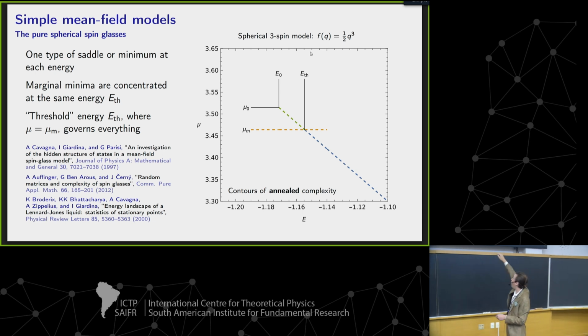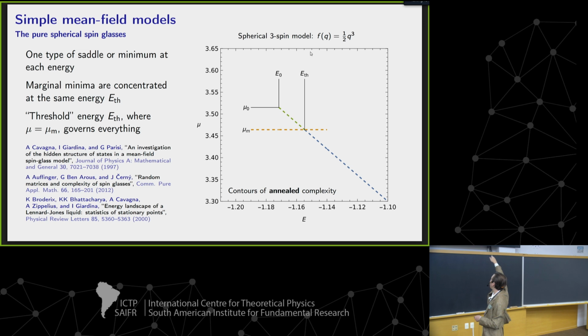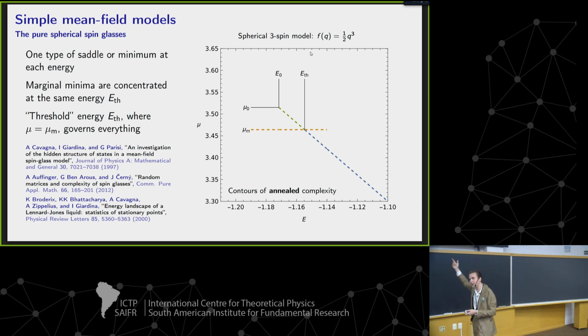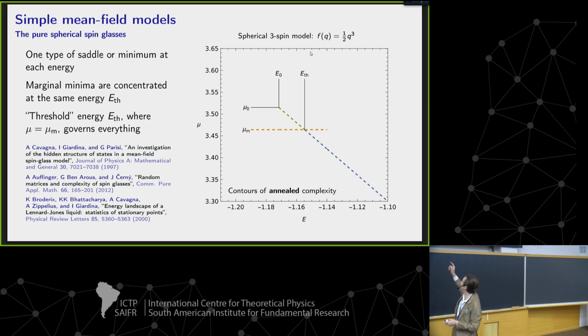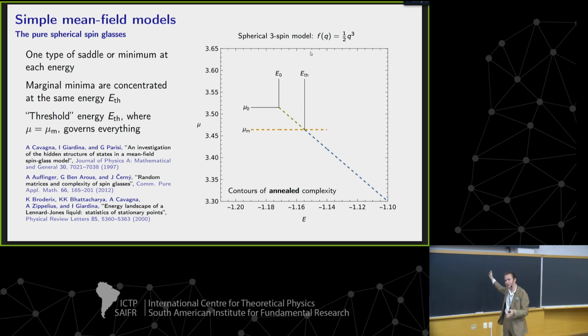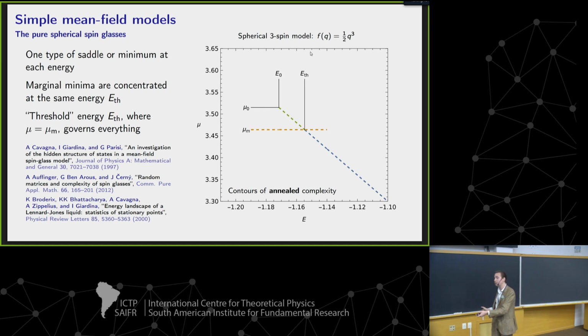And so if you're lower than the marginal complexity mu-m, in the blue part of the line, you find saddle points of a certain average extensive index. If you're above it, on the green part of the line, you find minima with a certain stiffness. And the only place in the entire spectrum of energies, in the limit of large N, where you find marginal minima, is this energy, the threshold energy, where this line crosses the marginal stability.